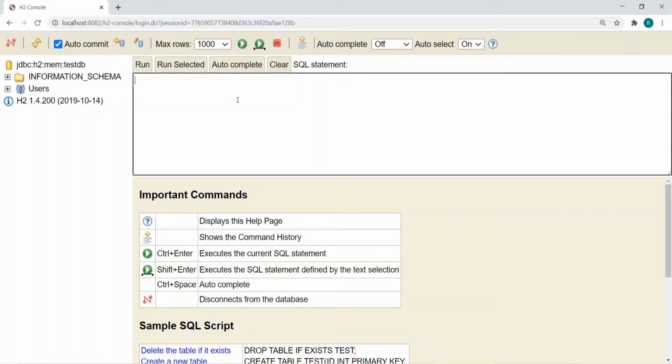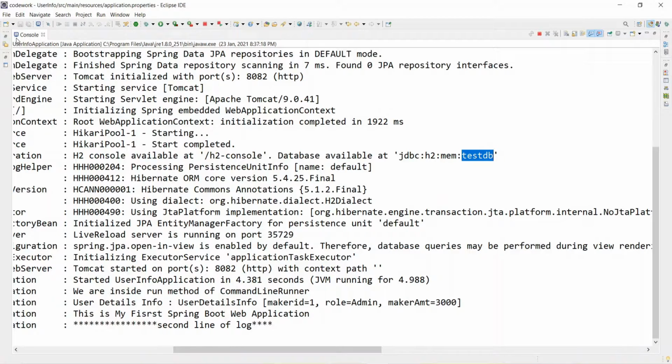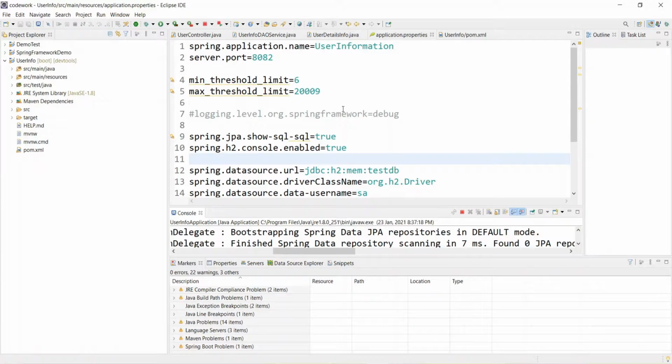User entity means the table. We will see how you can create a user entity from Java, how this will be mapped to the H2 database, and thereafter we will be loading some data into the database. So let's go ahead and create a user entity.